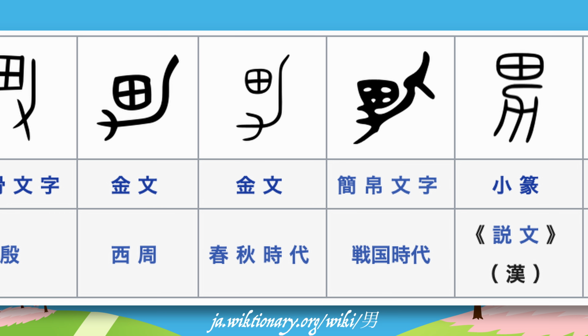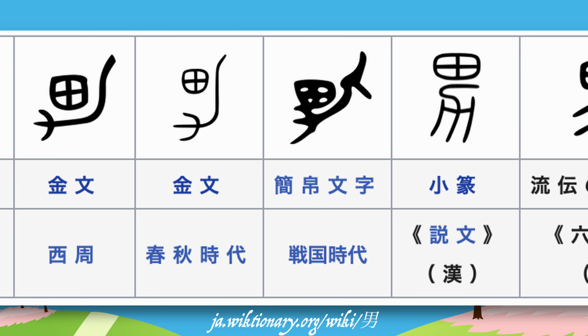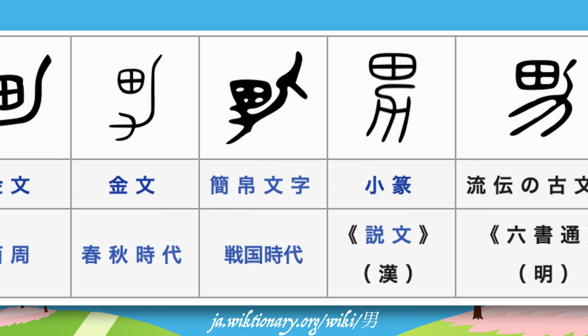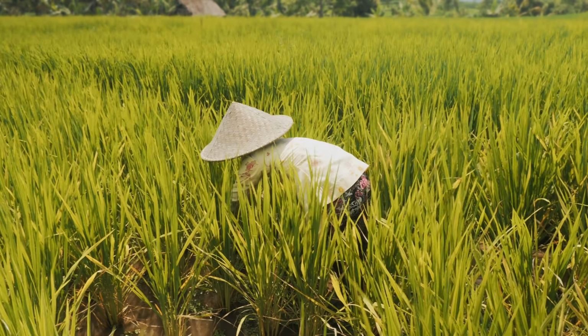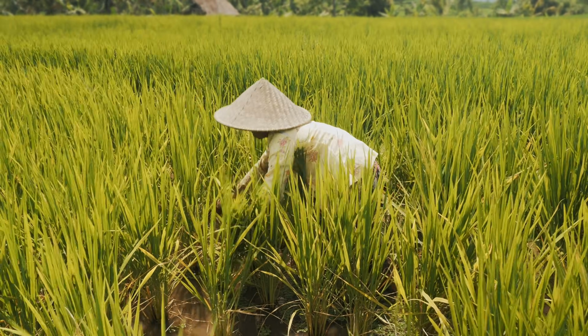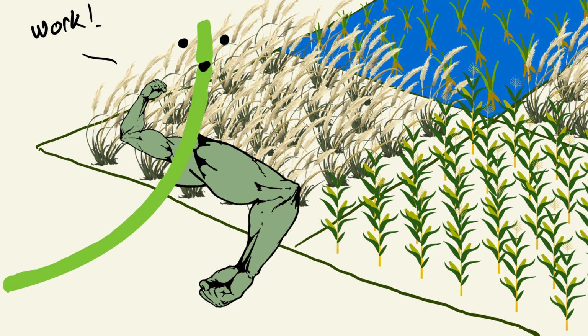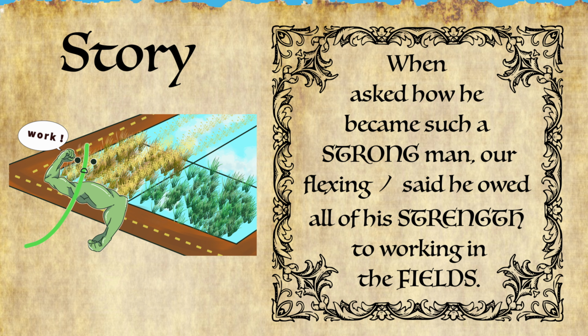Historically, this appears to have always been the flexing arm indicating strength, combined with a field. In Japan, men have always been the ones to work in the field, I guess. Although, in modern Japan, it's the old grandmas out there doing the work a lot of the time. For our story, we have: when asked how he became such a strong man, our flexing no said he owed all of his strength to